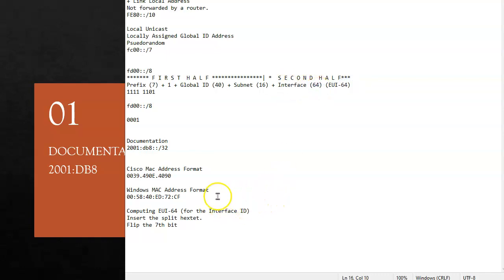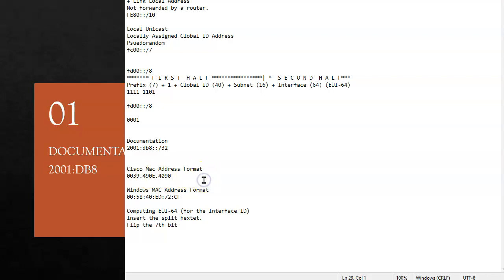So I want to show you a couple different things. I've gone through and pulled some MAC addresses and randomized them. Notice that this is what a MAC address looks like on a Cisco device: when I look at an interface and it shows me the MAC address, it's going to show me the MAC address in this format. I have these values here, 6 bytes. MAC addresses are always 6 bytes.